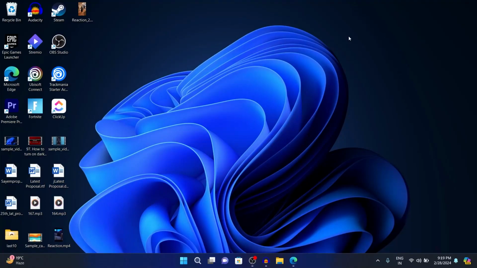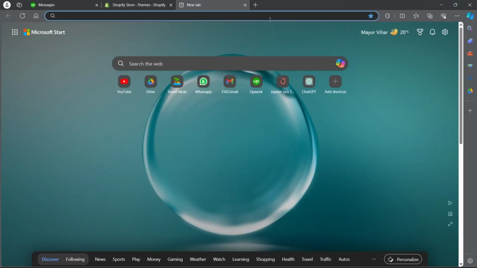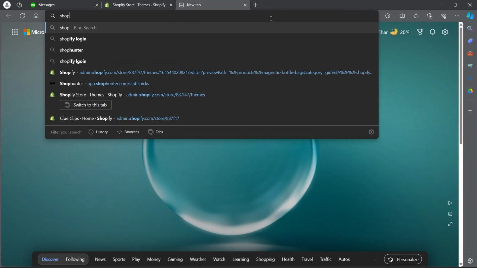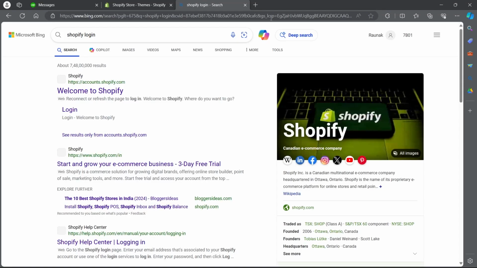In today's video, I'm going to show you how you can customize your Dawn theme's header. So in order to do this, first of all, navigate to any of the browsers you have on your PC and then in the search bar, type in Shopify login. Hit enter and click on the login button,